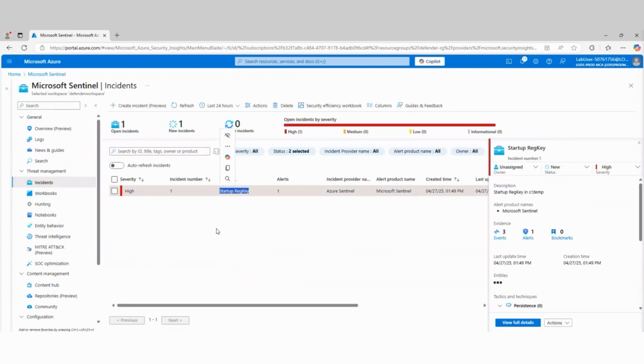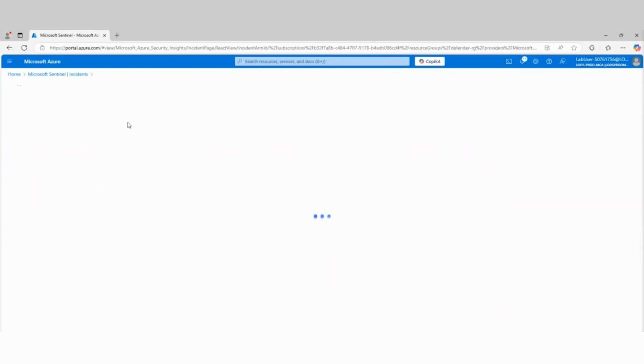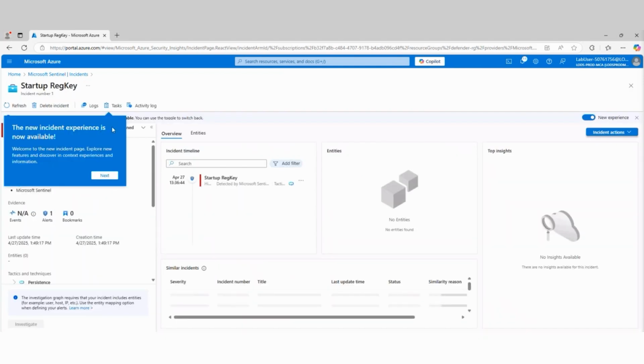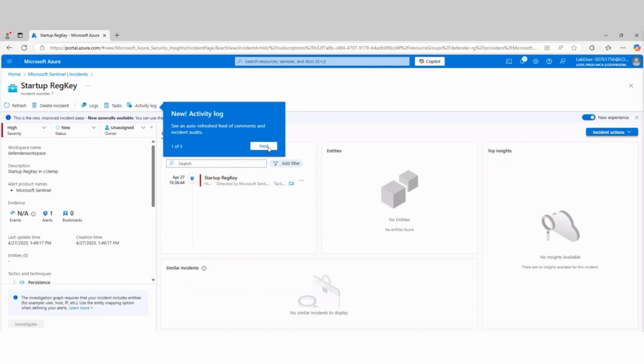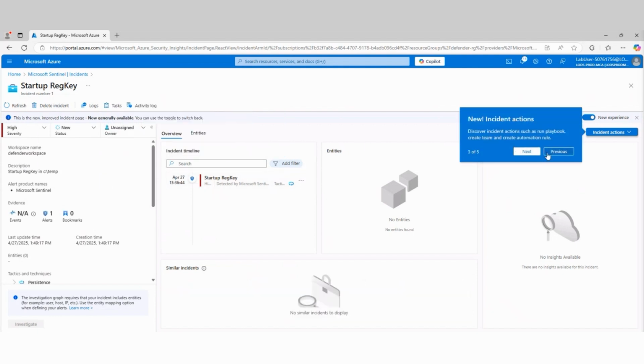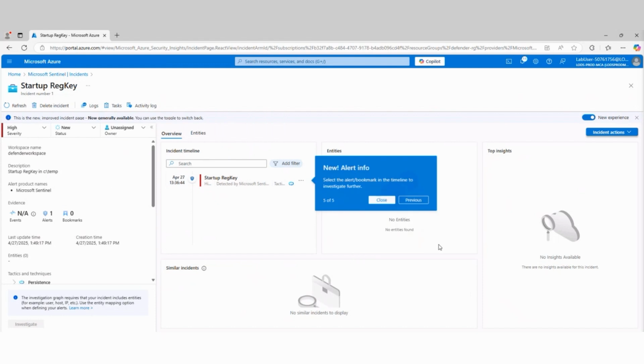And there it is. There's our start. It generated an incident based off of this, so it did create it. And I can look at the details of that event if I want to, and it gives me all the data related to that. Let's go ahead and get out of this.